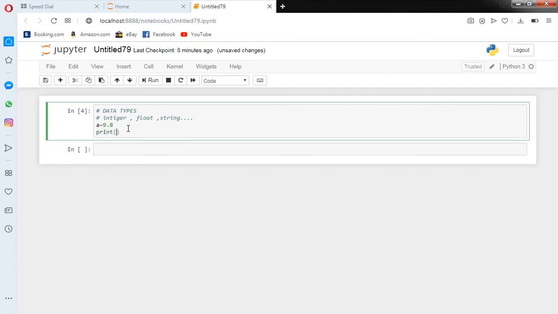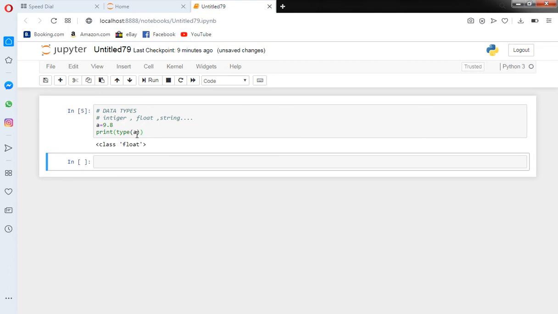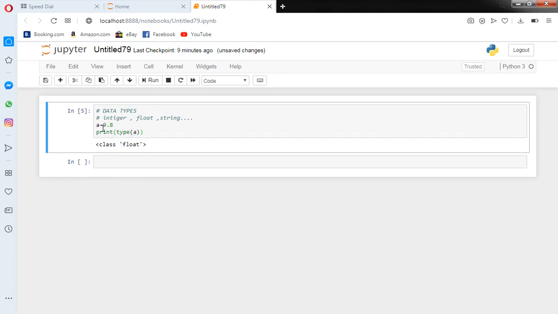I write print, and under the type function I write a because I want to check the type of a. So if I run it, it shows me the type of a is, you can see here, float. Float means it consists of a decimal point.